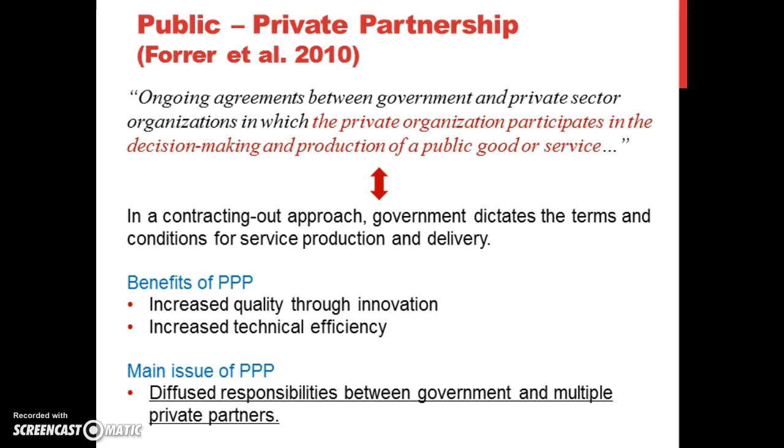Beyond such strengths of flexibility in partnership, however, diffuse responsibilities between government and multiple partners has been identified as a main issue of PPP. So, according to the course reading, the main task of public managers is to secure public